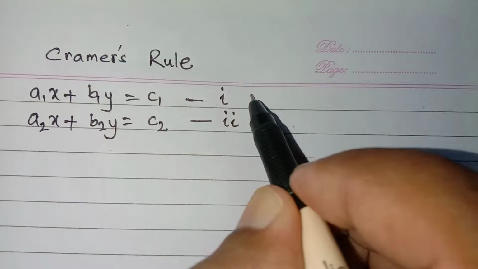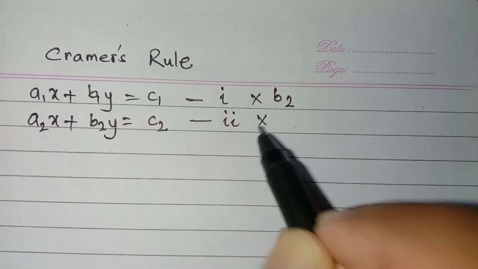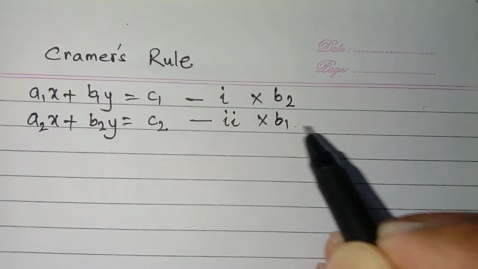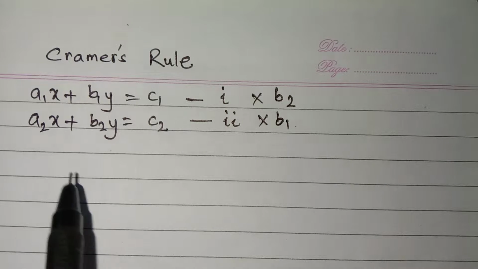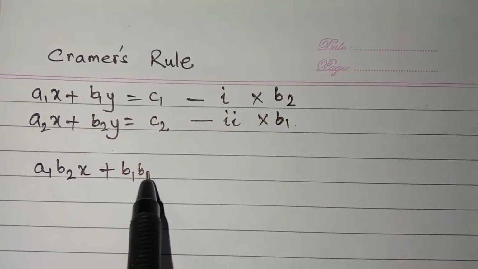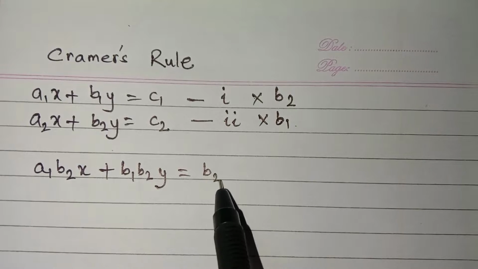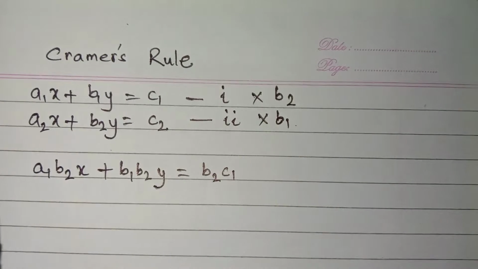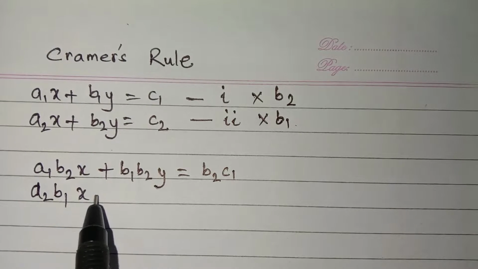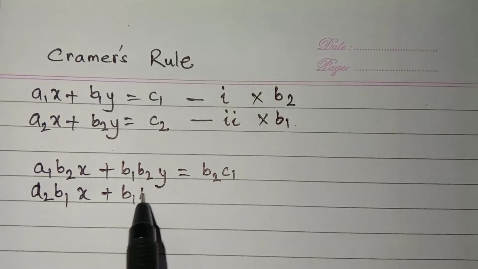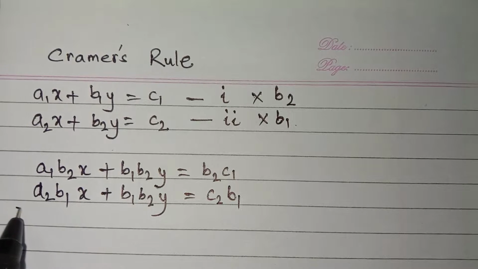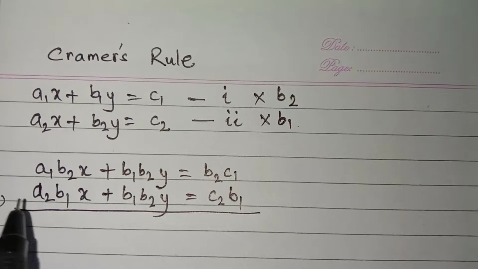Let's multiply the first equation by b2 and the second equation by b1. Then we get a1b2x plus b1b2y equal to b2c1, and from here we get a2b1x plus b1b2y equal to c2b1. Okay, now if we subtract, then we get